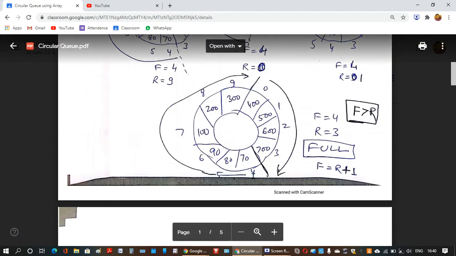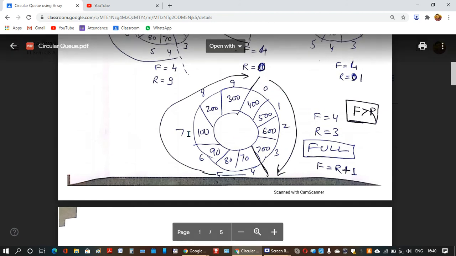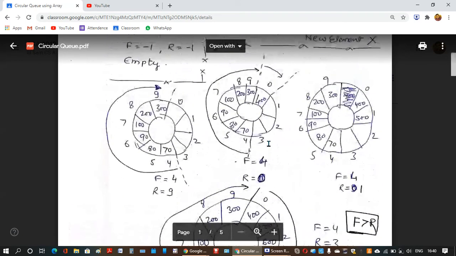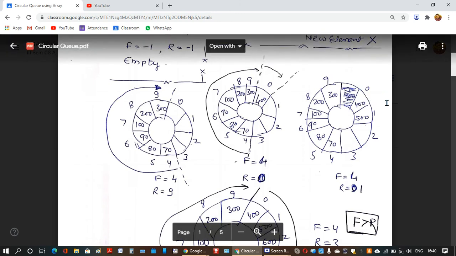So front to max means front to 9 and then 0 to rear. So 0 to 3. So in this case, I will display using two loops. See here also in this example, say front is 4. So Q started here and it goes to the maximum and then 0 to the rear.